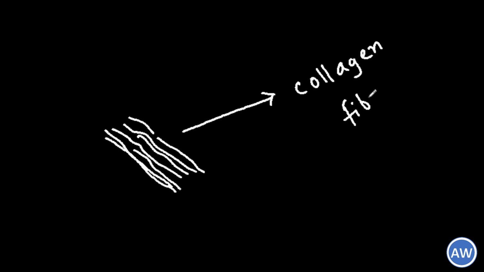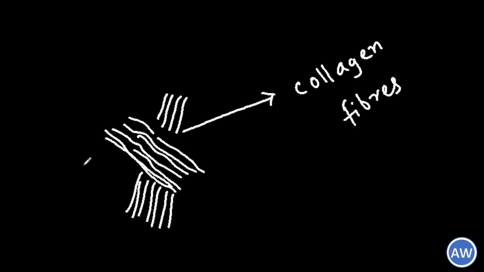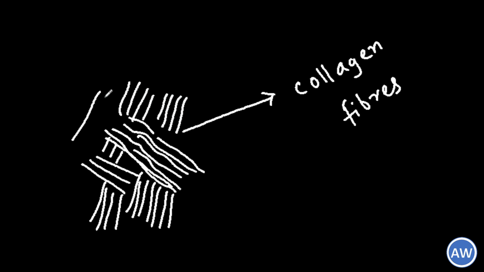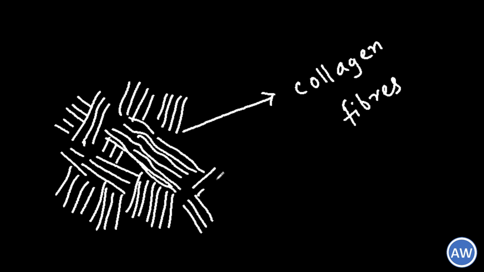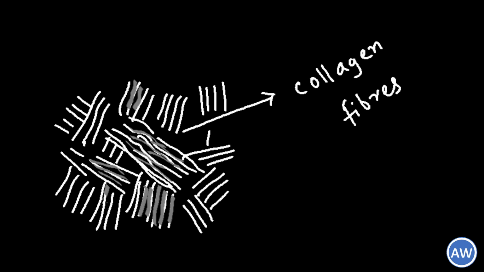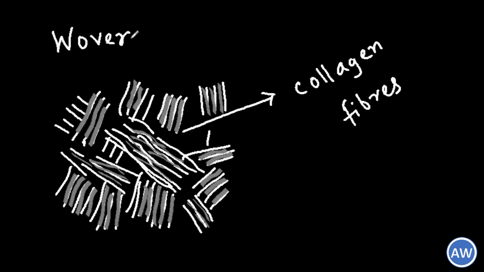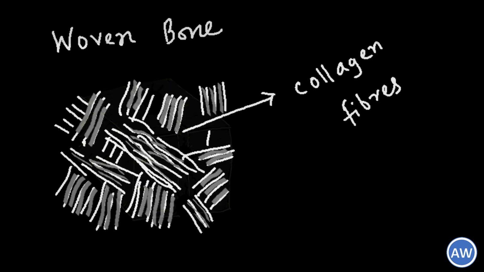Histologically, another form of bone is the woven bone. Unlike the mature bone, a newly formed bone does not have a lamellar pattern. Here, the collagen fibers are found in bundles that run randomly in different directions, interlacing with each other. This gives a woven appearance to the bony tissue, and thus it is called a woven bone. A newly formed bone is always a woven bone and is replaced by a lamellar pattern at a later period.